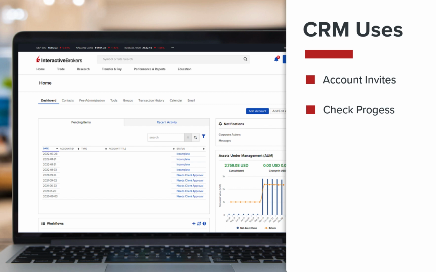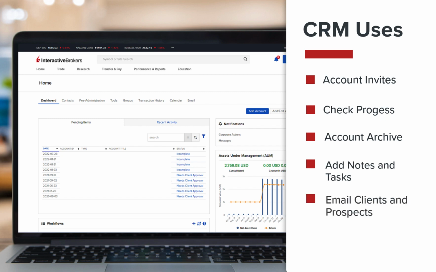Maintain CRM records for closed accounts for historical purposes or a future opening of the account. Track your relationships with a sortable notes field or add client-specific tasks or events using the CRM calendar feature. Send individual or bulk emails to clients and view email history through a secure third-party email service. In addition, you can manage client notes with CRM and use the CRM calendar to add tasks and events related